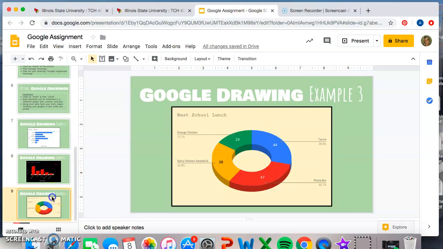A third one is the pie chart. So this one just had to do with the best school lunch. So typically students rave about certain lunch options throughout the week, and these ones are typical ones that they enjoy. So I just picked those. They are able to respond, and